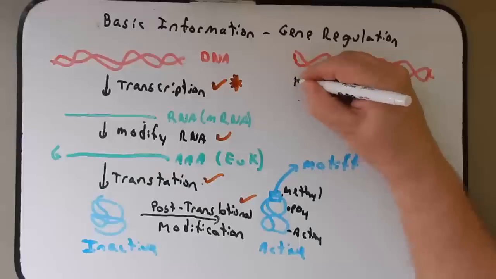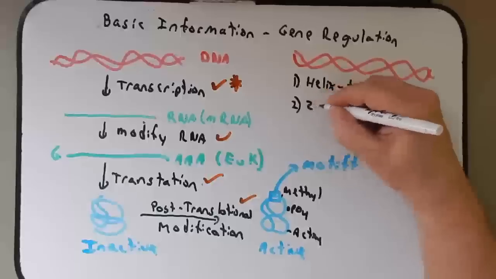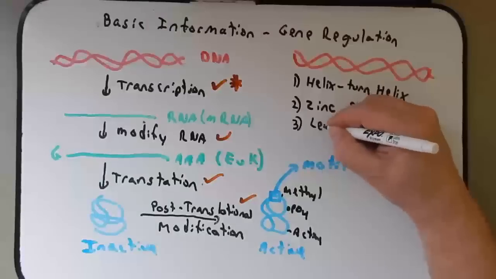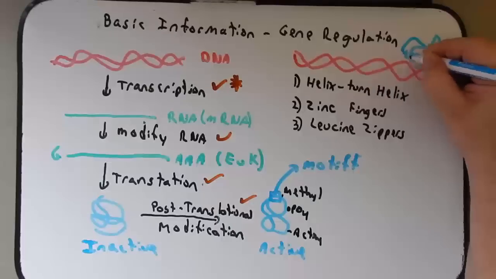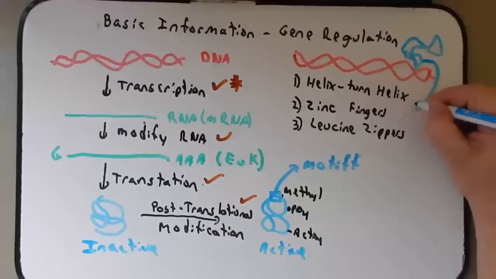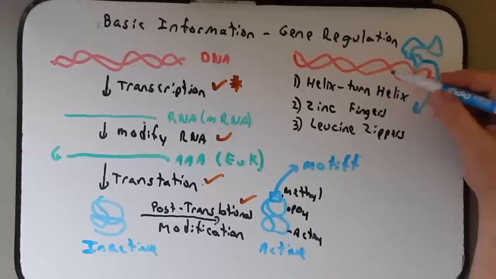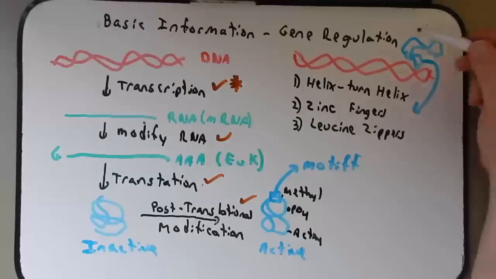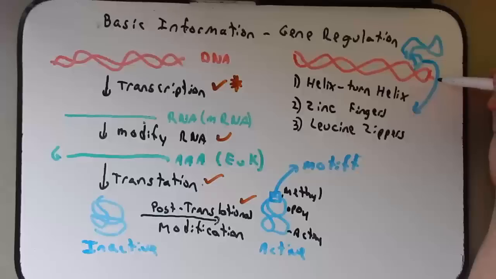And three that I want you to know are helix-turn-helix, zinc fingers, and leucine zippers. So you may have this large protein here, but part of that protein is going to fold in a way that equals one of these motifs. Each one of these motifs will bind to the major groove in DNA. And as it binds to those major grooves, it brings, of course, the whole protein into that area, as well as other proteins that might be attached to it. Many of these other proteins are going to help regulate the expression of this gene.